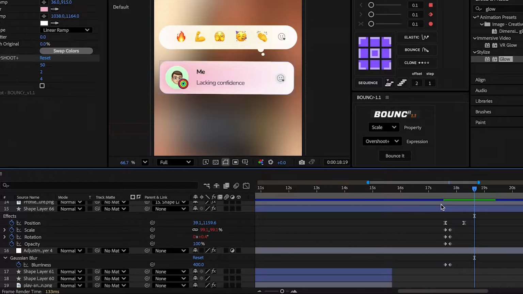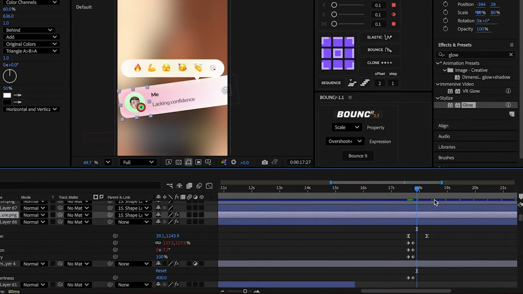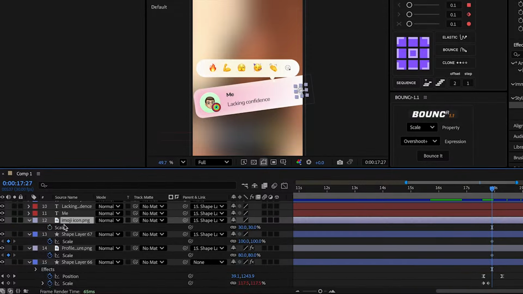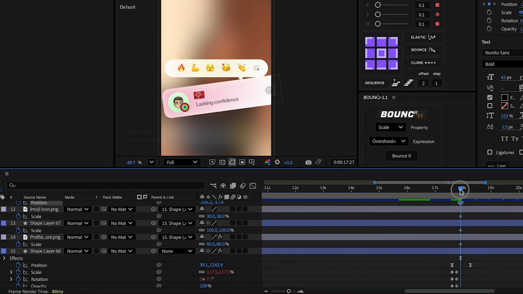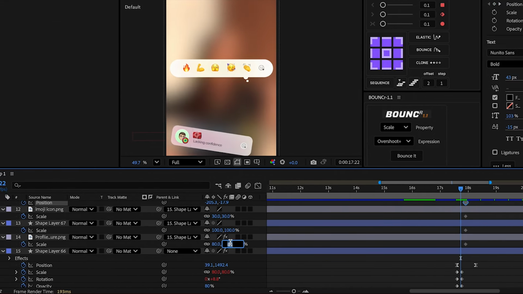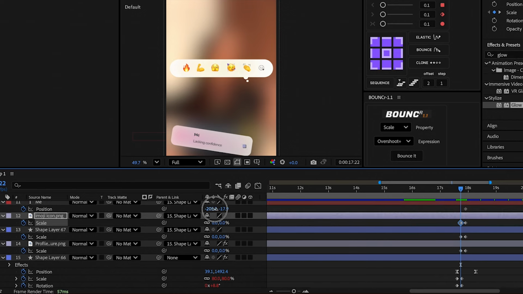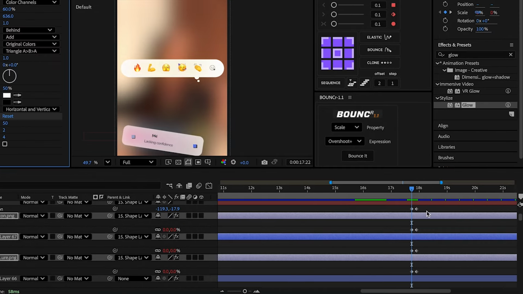Now let's create the entrance animation for the message parts. Move to the middle of the position keyframes and for the profile icon, the circle below the emoji icon and the emoji itself, create scale keyframes. For the me text, add a position keyframe, go back 5 frames, scale down the profile icon, the circle below the emoji icon and the emoji icon to 0%. Move the me text slightly to the right, add bounce to the scale keyframes,